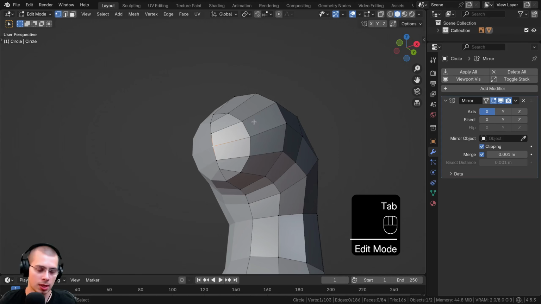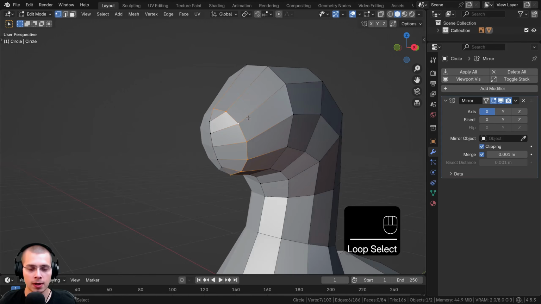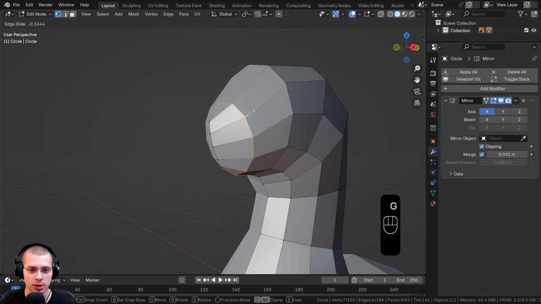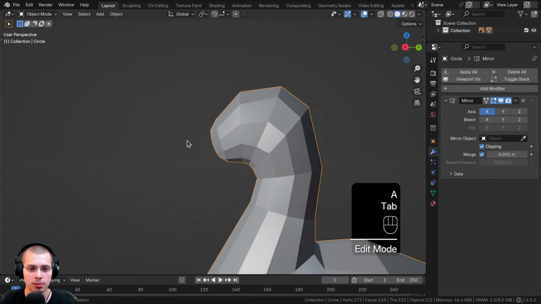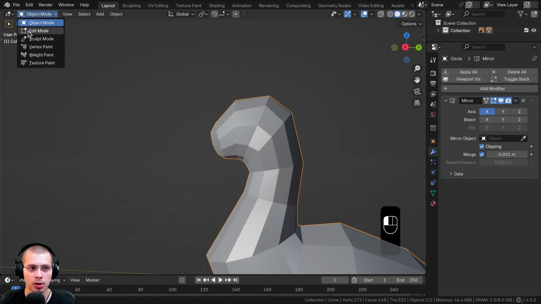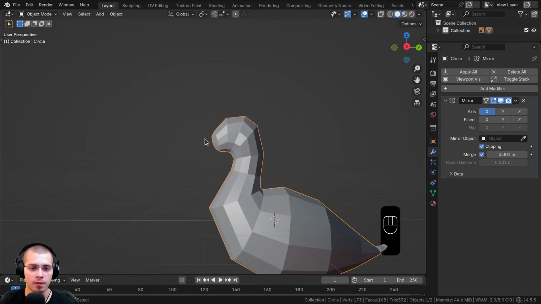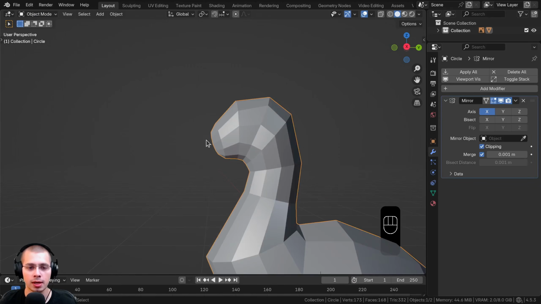Also, what we could do in edit mode is hold down the Alt key and select that loop right there. And then we could edge slide by double tapping G. We could slide it up a little bit. So we'll hit Tab to go back to object mode, or we can click on edit mode and go to object mode up here. So now we have the very front of the bird's head,